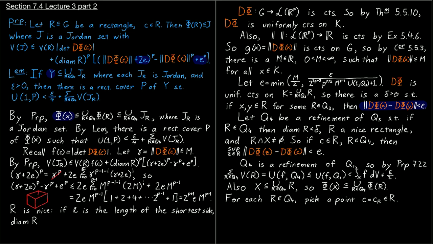Elementary geometry would call this a rectangular prism, but we don't bother with that. Then the diameter is at most the diagonal, the distance from, say, this corner to this corner. And each side has length at most 2L, 2L, 2L. So the length of the diameter is less than or equal to, by the Pythagorean theorem,